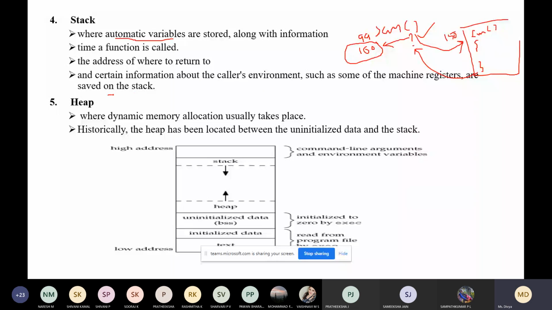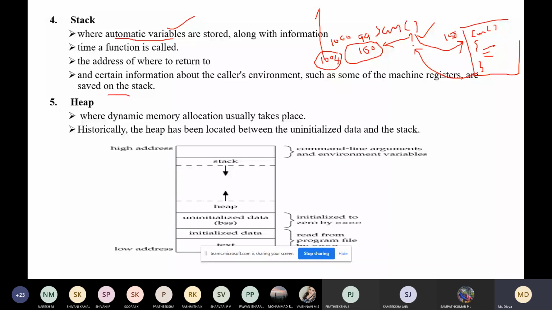Usually the stack will have automatic variables, and also the return address of the function. Just an example: if this is address 1,000 and this is 1,004, then when you call the function sum, it will go to the function, read and execute its lines, and after that it should return to address 1,004.